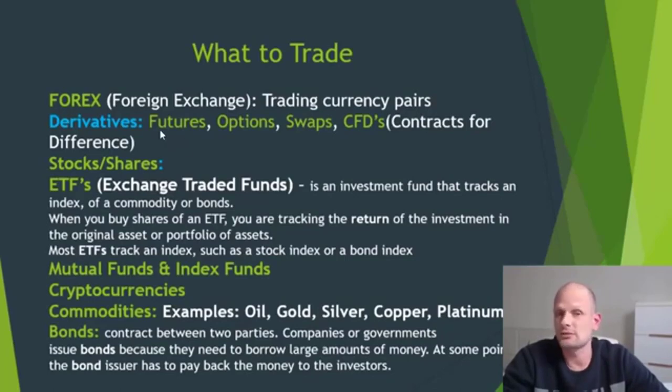For beginner traders, I would recommend trading futures or CFDs, for example, or stocks, or cryptocurrencies, because these are some of the easiest to trade. And also you can read about commodities, bonds, mutual funds, index funds, and the differences in trading ETFs and mutual funds. So yes guys, this is it for this